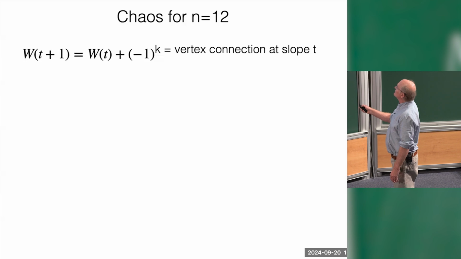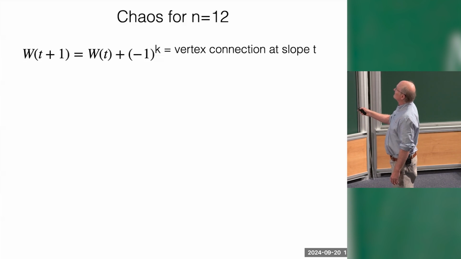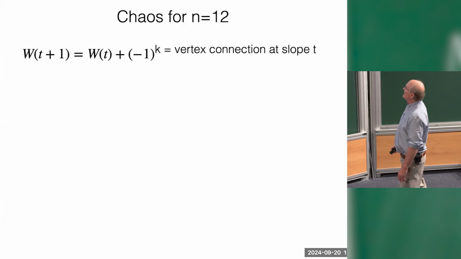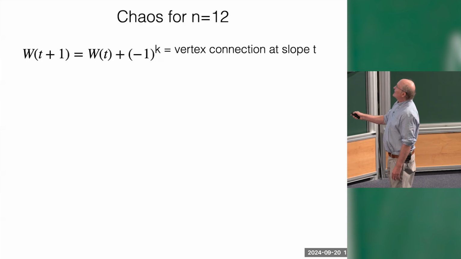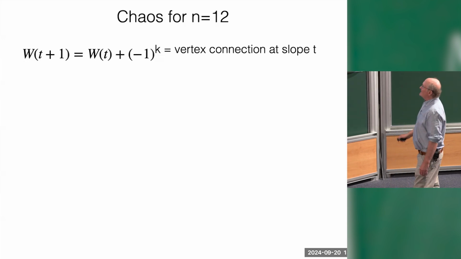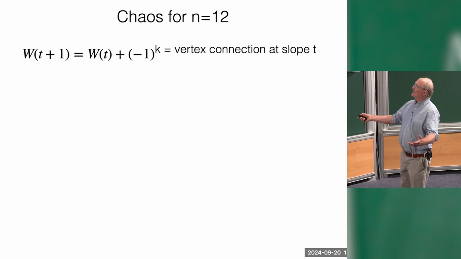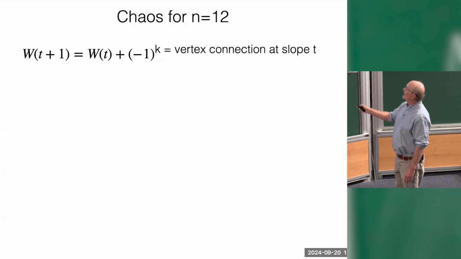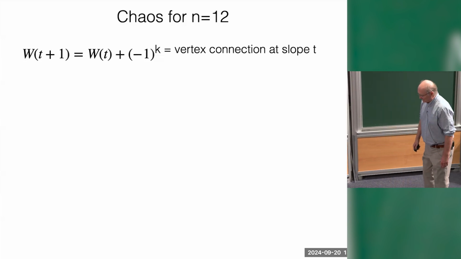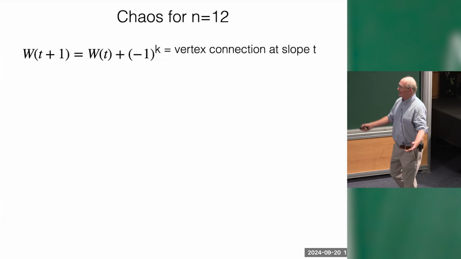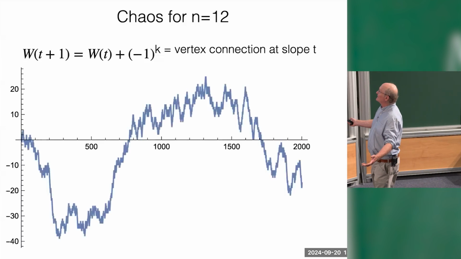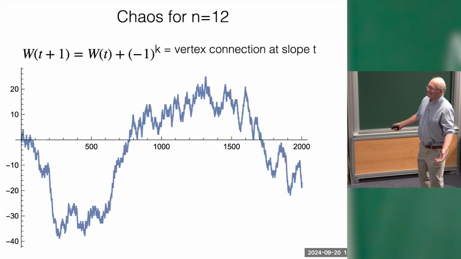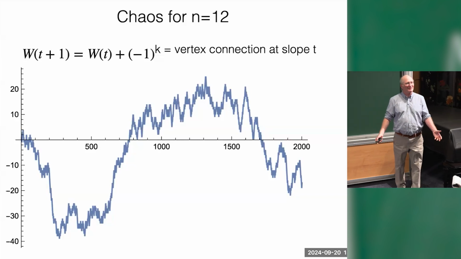Anyway, I'm going to just check the parity of k. So I'm going to raise -1 to the power of this integer k. And then I'm going to use that to generate a walk on the integers. Namely, I'm going to step to the right or the left, depending on the parity of this distinguished edge midpoint, the one I'm trying to predict, the one that gives a vertex connection. And what I see is something that looks indistinguishable from a random walk.